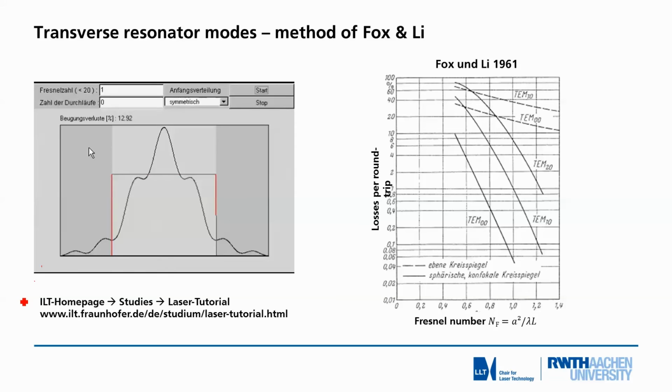So if I start this simulation of the resonator now, you see it starts with a Fresnel number 1, so we have 1 peak in the center. I put in 5, so now we have 5 peaks to start with. Then I take 10 turns in the resonator and let the simulation start. You see, diffraction by diffraction, it approaches the Gaussian profile until after about 50 to 100 passes through the resonator, depending on the resonator, we will have the eigensolution in form of a Gaussian beam.